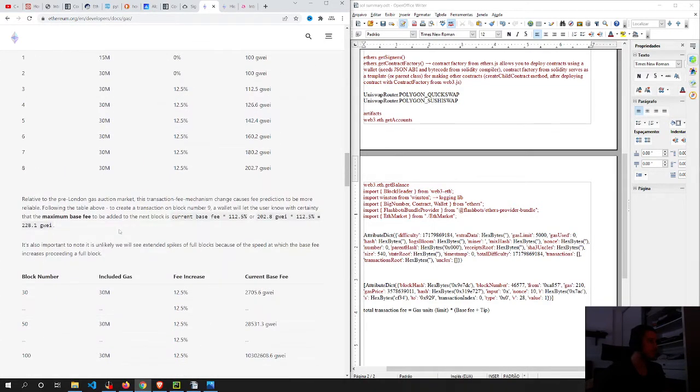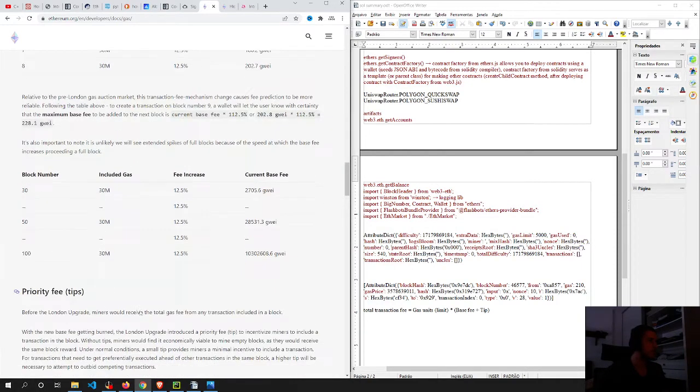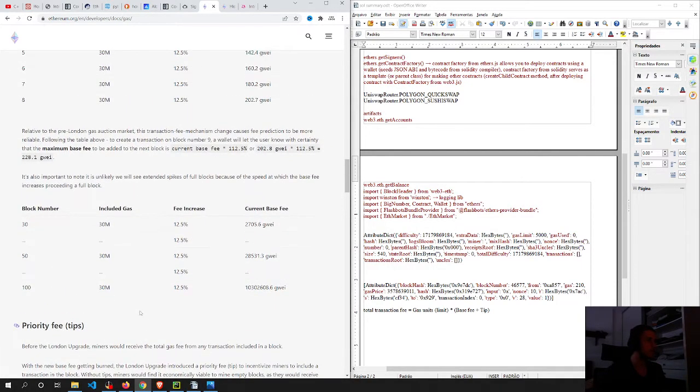Relative to the pre-London gas auction market, this transaction fee mechanism causes fee prediction to be more reliable. Following the table above to create a transaction on block number 9, one will let the user know with certainty that the maximum base fee to be added to the block is current base fee times